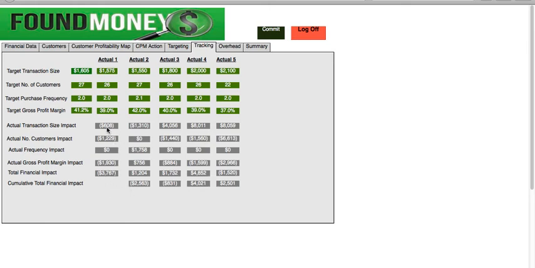Well, our transaction size was actually lower than our target. So that cost us $608. Customers were slightly lower, so that cost us a certain amount. Frequency was the same, so there's no impact there. And gross profit margin cost us, because it was lower, $1,930. Now suppose that was 0.41 there instead, and I hit commit. Now what you see is we've lost $2,129 relative to our dream lifestyle, but it came at the cost of,